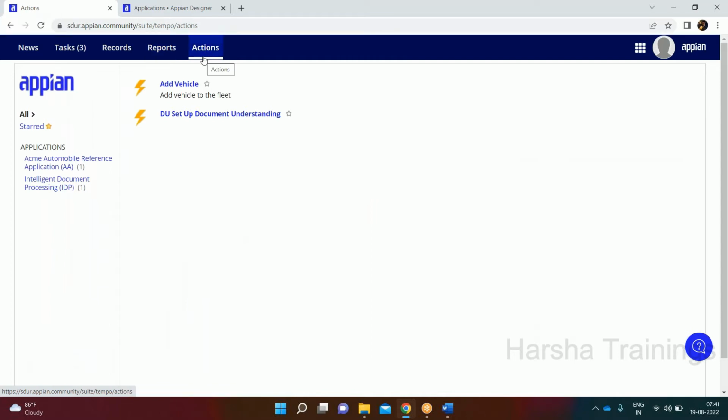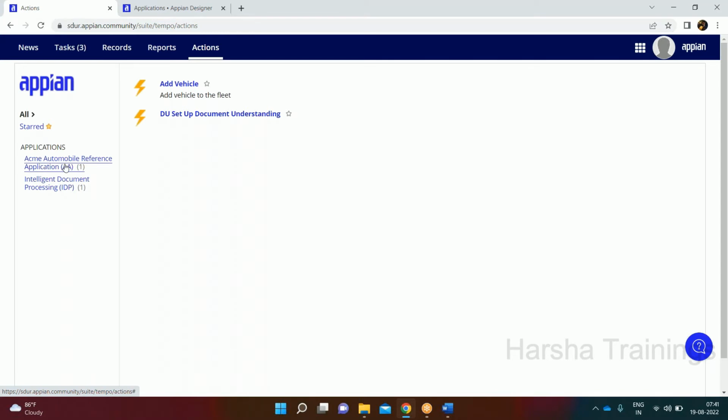This action is for if you want to create a new action for yourself. Like suppose you want to apply a leave request. So you will come here and you will say there will be an action called apply leave request. So on the left hand side you will see this